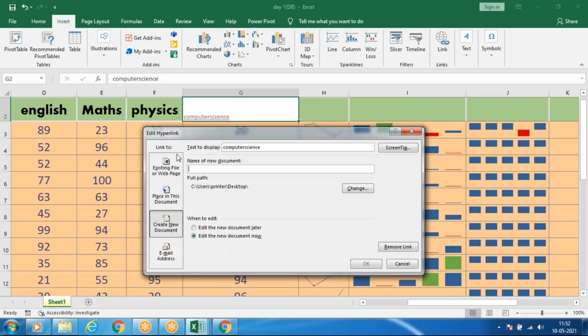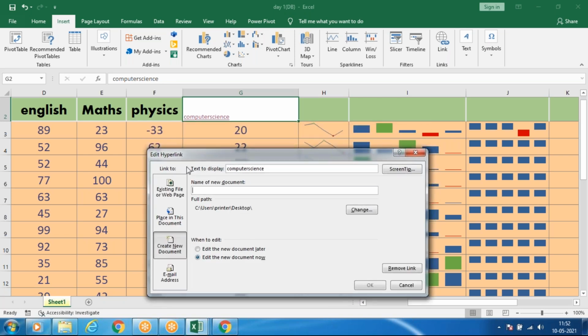Or else if I click on the document, it has to create one new file. For example, it has to create sample dot pptx. So if I click on this word, it has to create one ppt file or word file. You have to type the extensions properly. If you want one more Excel file, xlsx, you can give that.